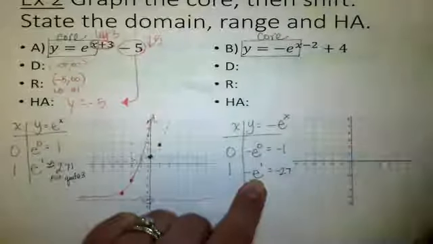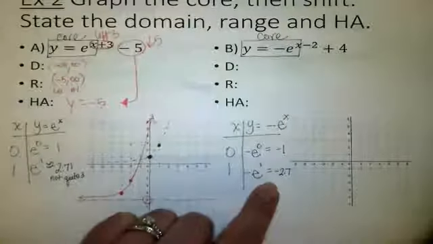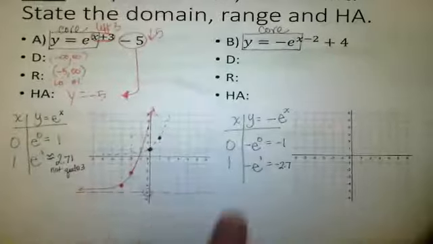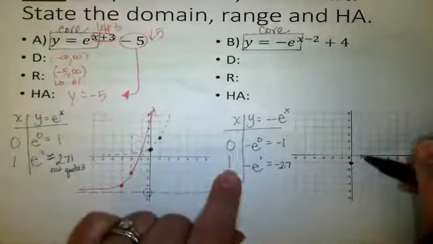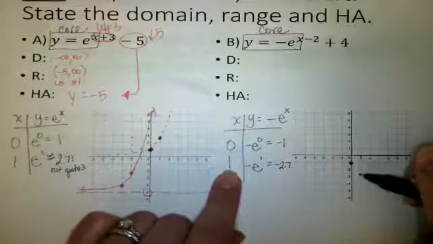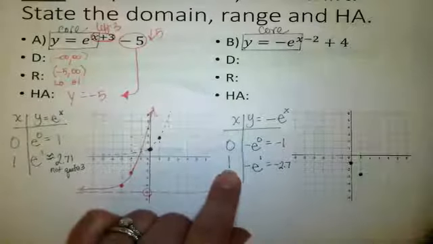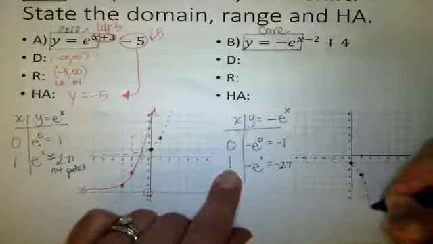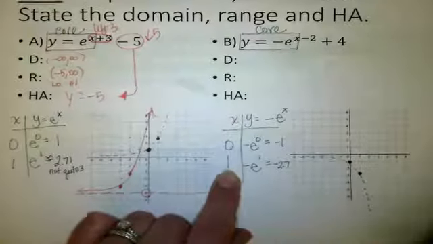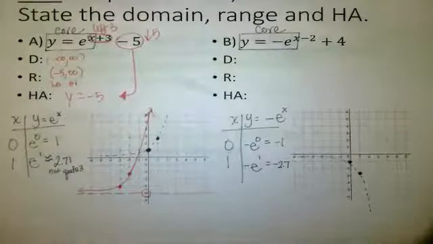Negative 2.7, negative not quite 3. So again, these are just nice ordered pairs, 0, negative 1 and 1, negative 2.7. So this is our flipped upside down Superman graph. So this is still exponential growth, but it is growing